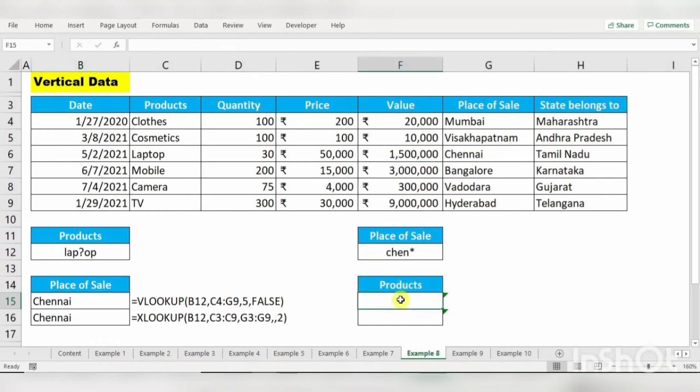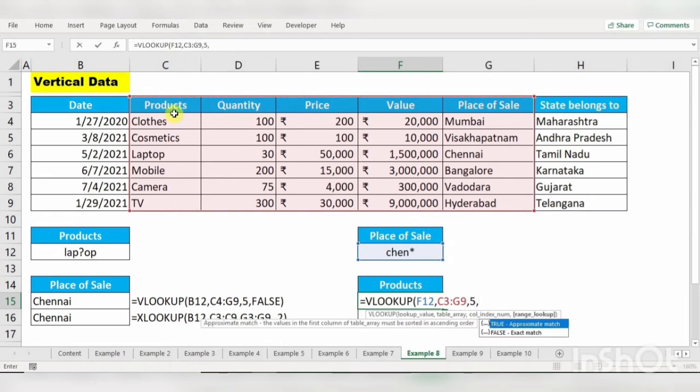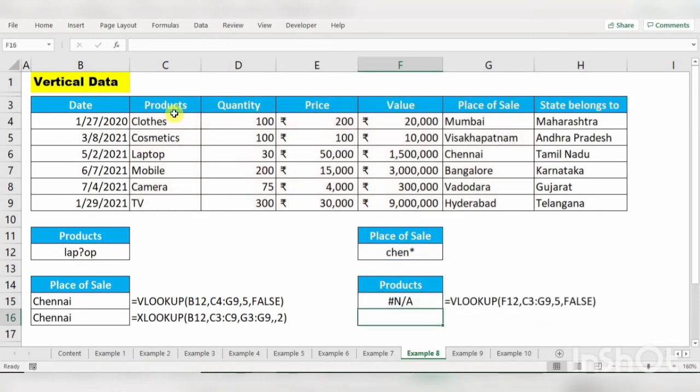Now you can see here equal to VLOOKUP function, lookup value is this one, and from place of sale we are going to get a result of product, comma, it is in 5th column, 5 comma, we need exact match, close bracket, enter.